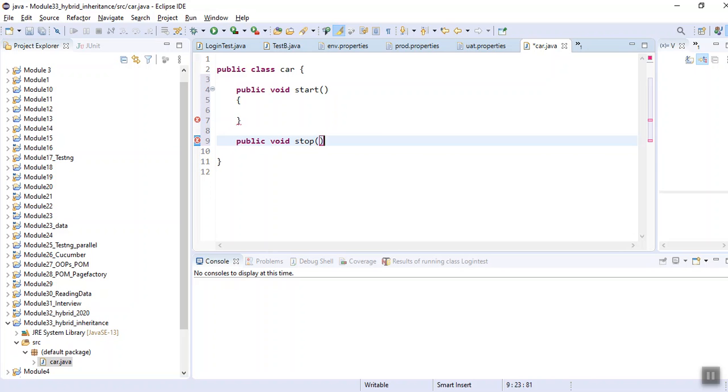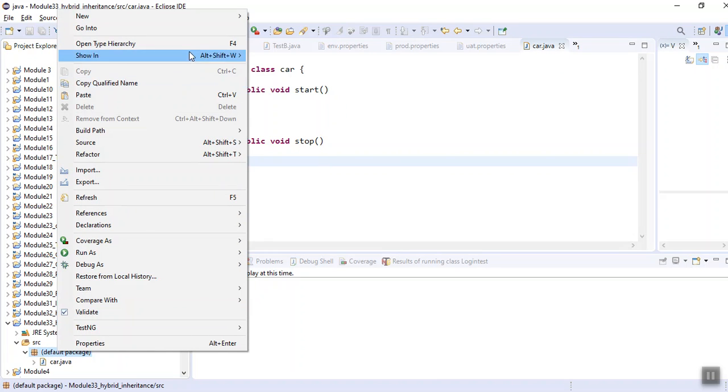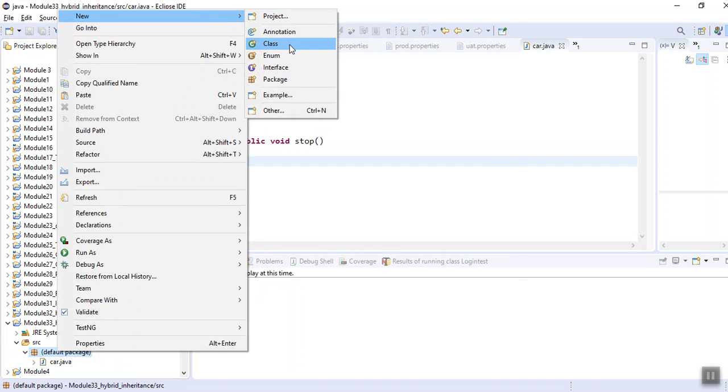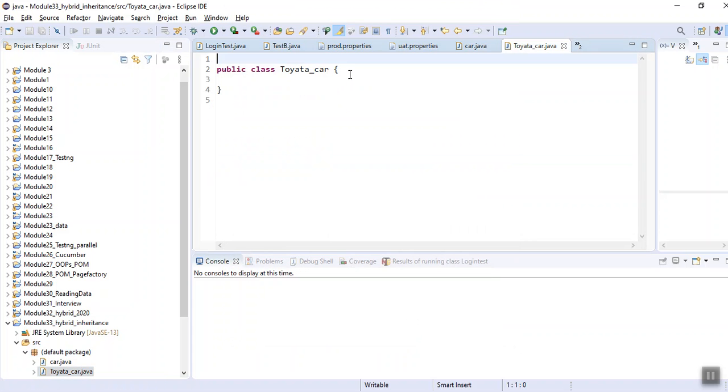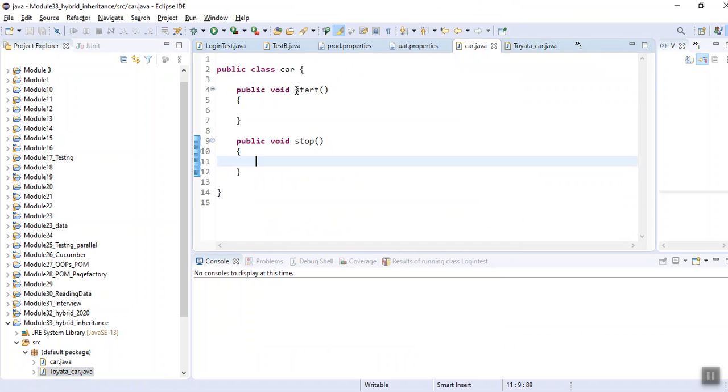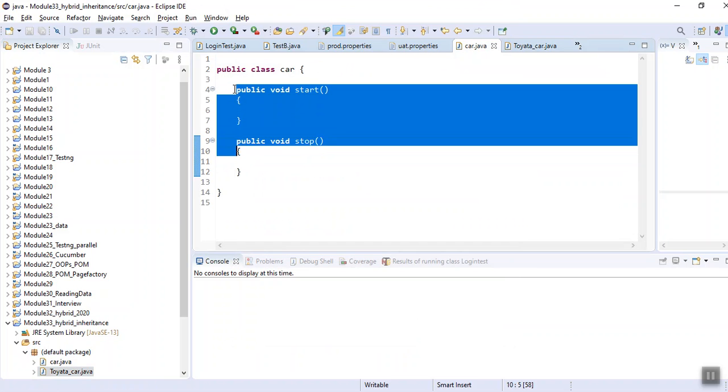Okay, now suppose I have another class with the name Toyota underscore car. Okay, it also has the functions like start and stop.